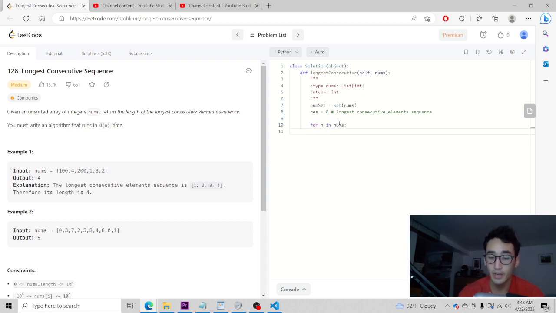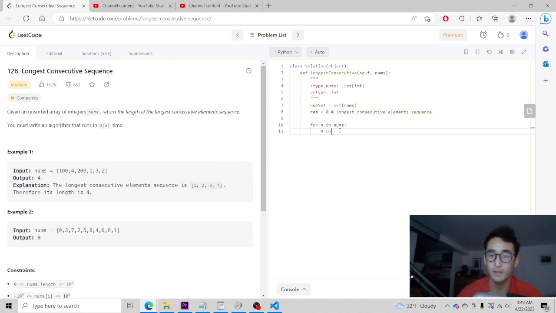And we can create a conditional to say if it is the start of a sequence. So I believe this will also take care of if there are any duplicate values, which we also need to take into account.